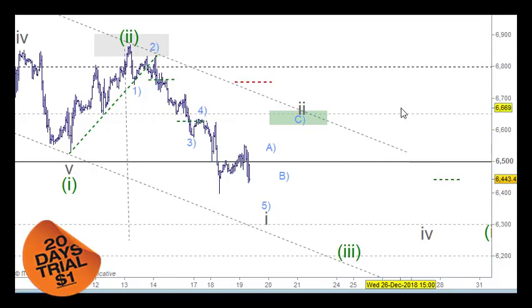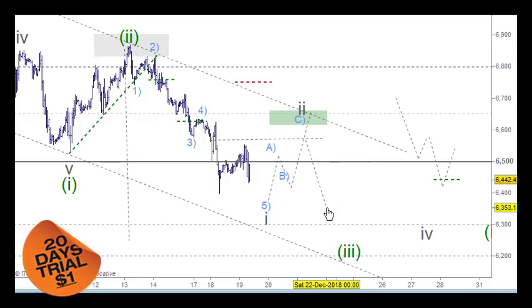But what we can do is say to ourselves, well, this 6,500 is going to be the support. We can expect some vibrations across here, so the market will come down, and then it's going to have some sort of corrective rally here. Now it's either going to come back up to here, or it's just going to come back up somewhere into this area here and then come back down again as well. So it's going to spend some time in this area through here. This is probably not finished. We'd still expect this to move down a bit lower here, taking out this low